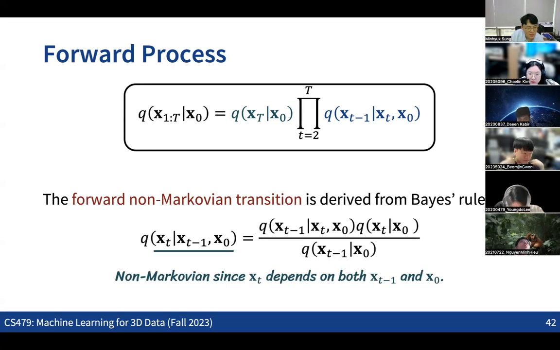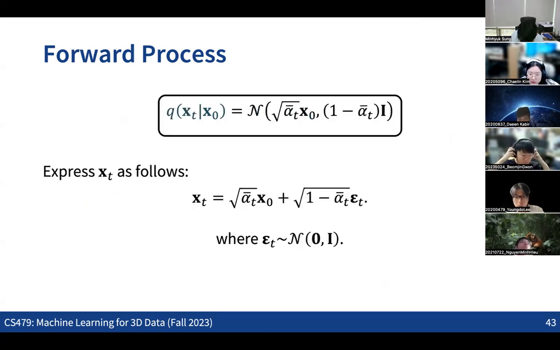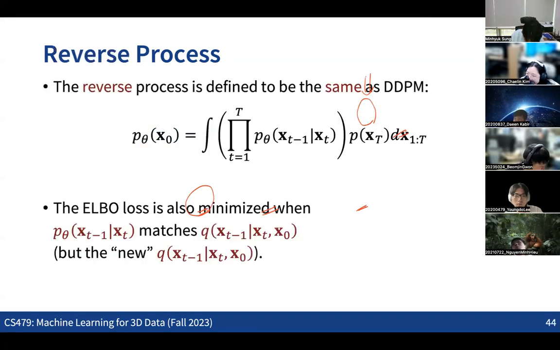The thing is that this is the same, and this is basically the same. We also have this forward jump, which is defined like this, using the same alpha hat that we have in the DDPM case. So these are exactly the same as DDPM. Now xt can also be represented from x0 and epsilon, which is the unit Gaussian noise. So this is exactly the same as DDPM. While we are changing the forward process, we are going to keep all the rest of the parts exactly the same as DDPM.